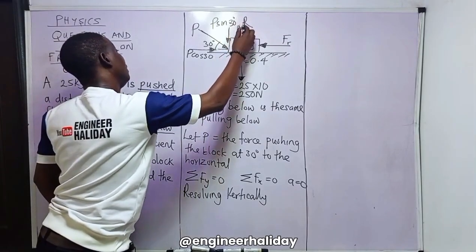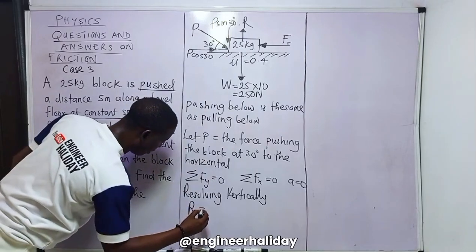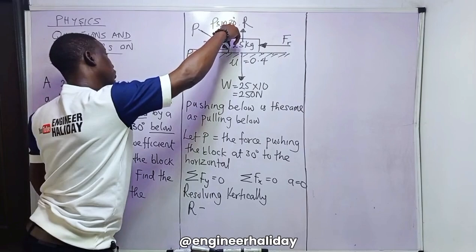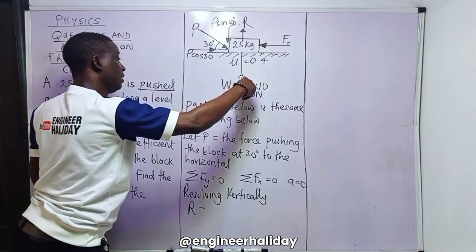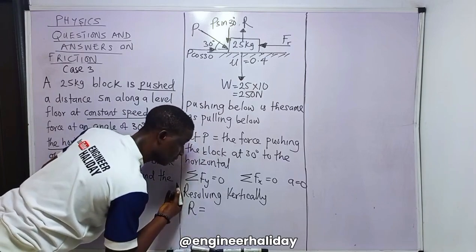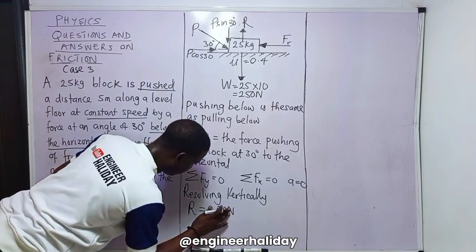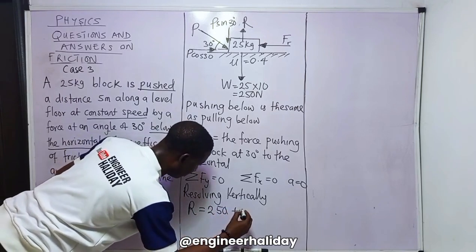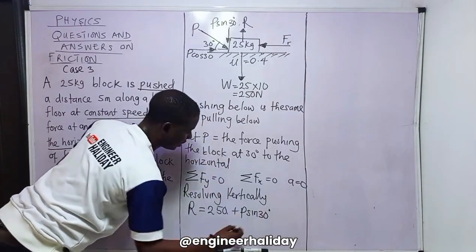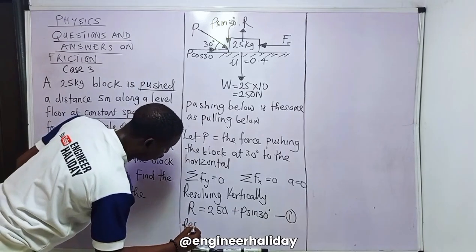Then the forces going down are P sin 30 and the weight, 250. So the upward force, the reaction, is equal to the downward force, which is 250 newton plus P sin 30 degrees. Let's call this equation 1. So now resolving